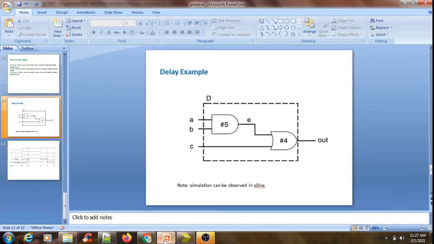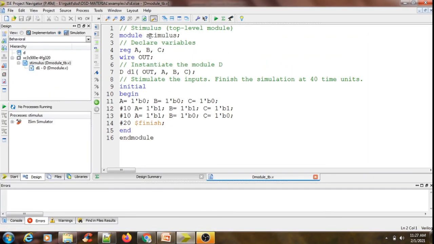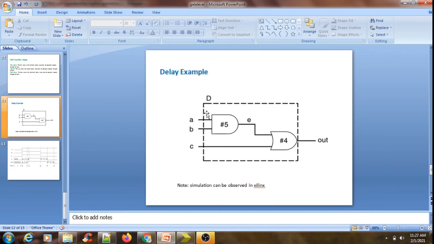Again you can see here this module is surrounded with an environment, that is the test bench, and let me keep the test bench name as stimulus. So stimulus is the name that I have given here, module stimulus, and the signals of the test bench are capital A, capital B, capital C, and the output signal is OUT. This output signal is verifying the functionality of the design. So the input ports for my module are A, B, C, and the output port is OUT.